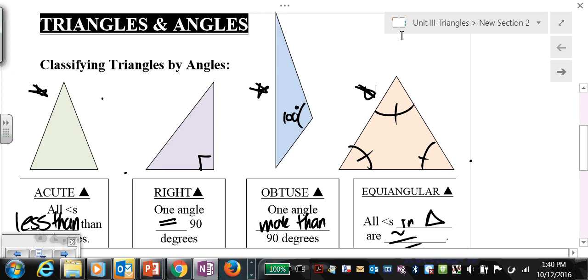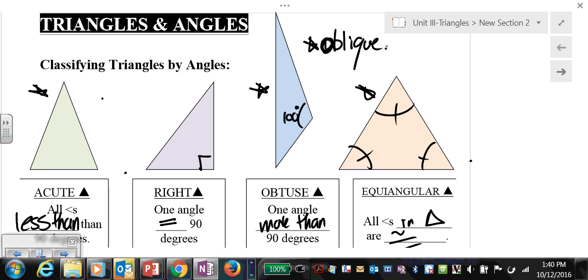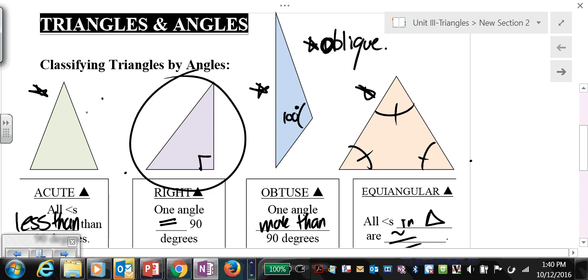So, those three triangles have a classification. They're called oblique, which means not a right angle, versus right, which is not oblique. It's a category all by itself. Circle it. That right triangle is so important. When you get back from Christmas, you spend almost